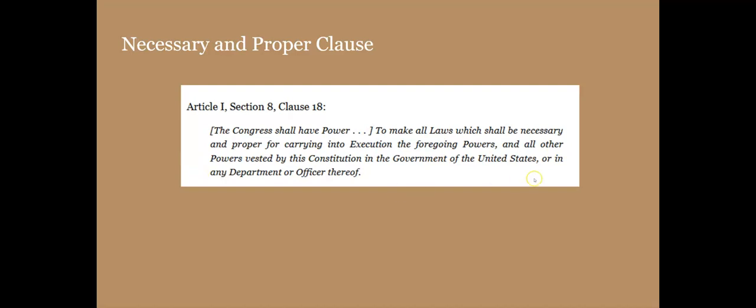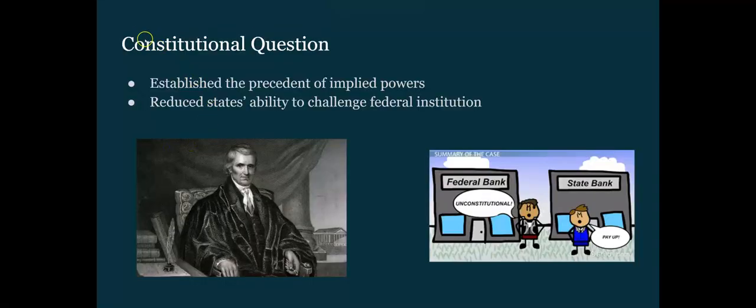So as you can see right here, this does not explicitly say anywhere that the federal government was allowed to establish a federal bank, but what it did say was that the federal government could use implied powers. So that was the argument, right? That this article right here states that the federal government is allowed to use implied powers to make decisions, right? And they had that sovereignty.